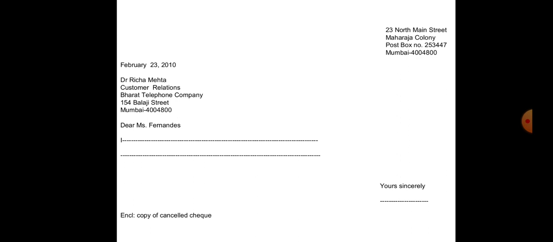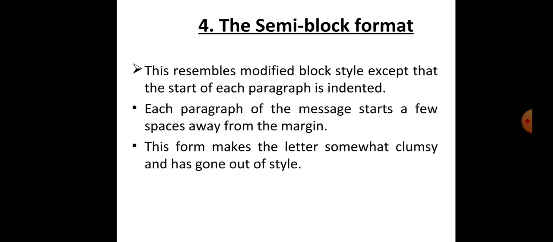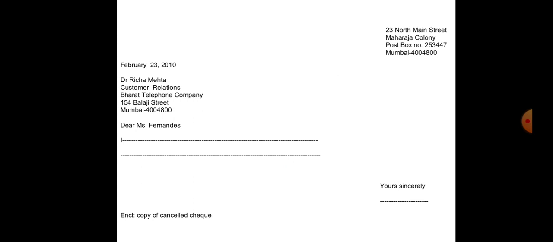The name of the addressor is given on the right hand side. Similarly, the name of the addressee is given on the left hand side, including the date. Then we have used the salutation clause here. Then we have the complementary clause, and that is also written on the right hand side. And finally we have written something about enclosures also on the left hand side. So if we write like this, it becomes modified block style. I hope you guys have understood the concept of this modified block style.